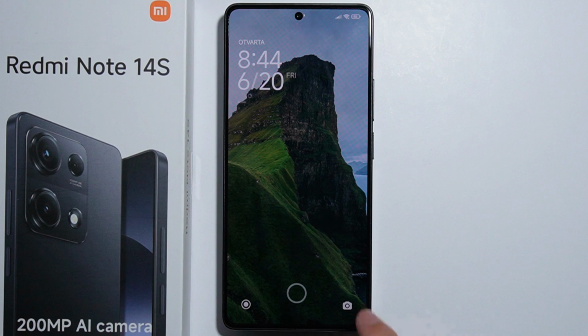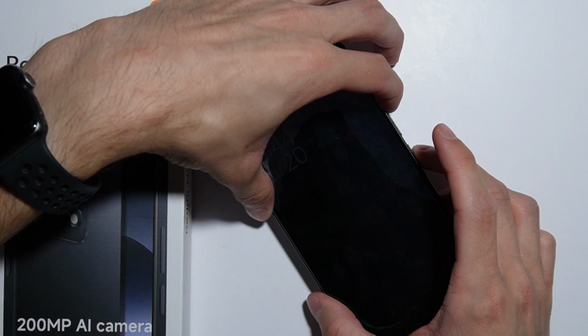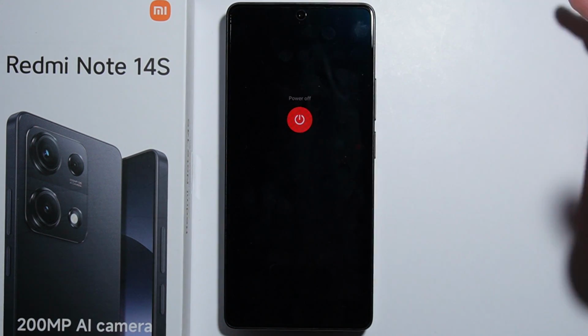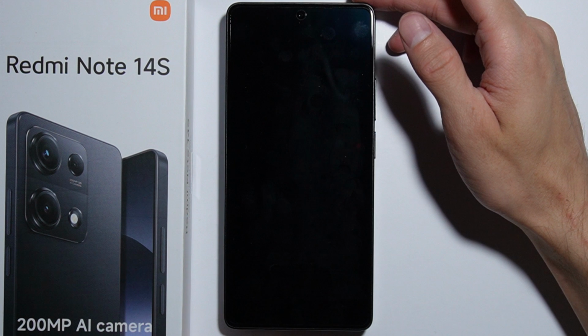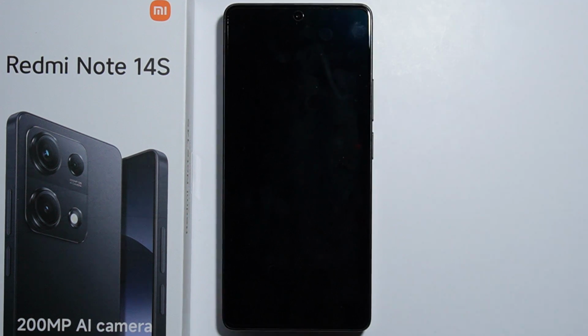To bypass a forgotten screen lock on the Redmi Note 14s, let me quickly show you how you can do this. First of all, press the power button and the volume up button, just like this, to open the power menu, and power off your phone completely. Wait a little bit until the phone shuts down completely, make sure that it is shut down completely, and after